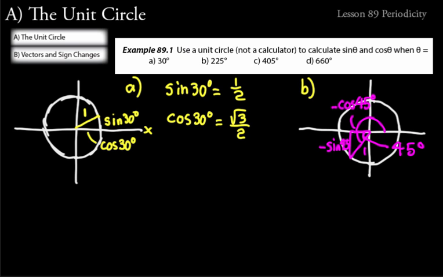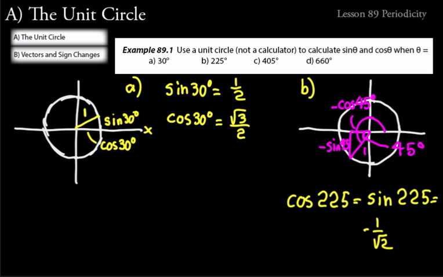So look at your table at the beginning of the reading assignment. What does cosine of 45 equal? That equals 1 over the square root of 2, but this is minus cosine 45, so it's minus 1 over the square root of 2. And so cosine of 225 equals sine of 225. They both equal minus 1 over the square root of 2.